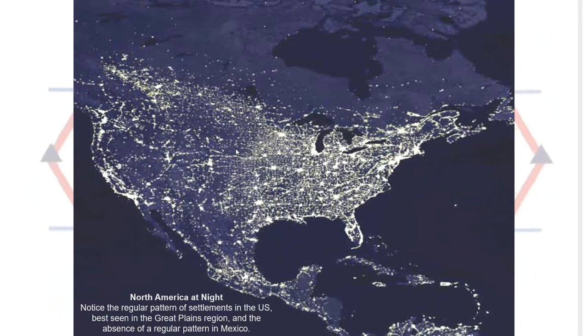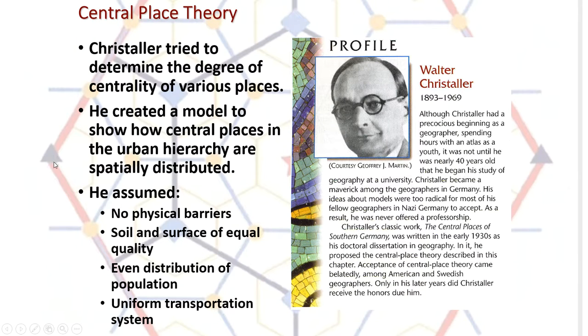But this is what we're going to talk about today, where the cities are and why. There was a guy named Walter Christaller. Hey, surprise, surprise, another German geographer, you know? But he wasn't a Nazi, but he was a German. And Christaller came up with an idea, and he said there's got to be a reason why cities are where they are in relation to each other. And he came up with what's called the central place model, or central place theory.